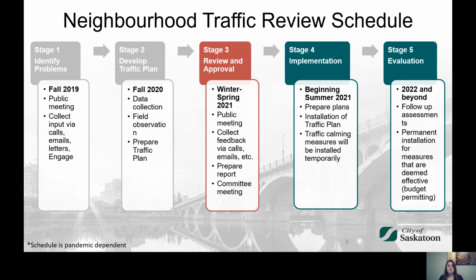In terms of our progress within the neighborhood traffic review process, we have already completed stages 1 and 2, which involved identifying traffic problems within the neighborhood, collecting data, and developing a plan to address those problems. We are now in stage 3 of the schedule, which involves presenting our proposed solution to the public in the